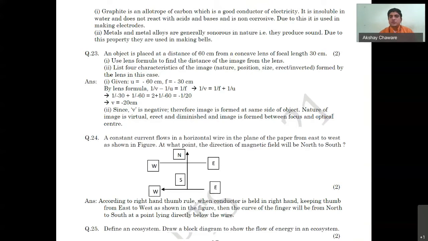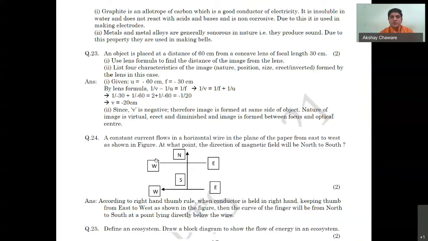And yes, object distance should be negative. So sign conventions are very, very important while solving light numericals. And if the lens is a concave lens, the focal length is also negative. Because of this minus sign, your answer is wrong, and that's why the marks are deducted. So the lens formula, and it is clearly mentioned in the question to use the lens formula, but still some students have used the mirror formula. So just correct your mistake. And the characteristics of the image, we can comment on depending on the image distance.